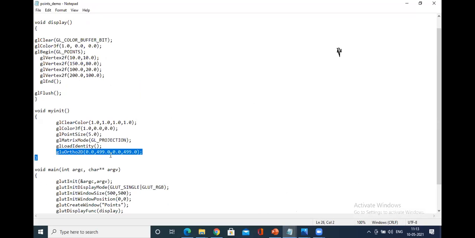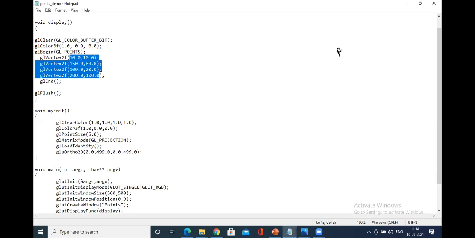That is x min and x max, y min and y max. What are the x min value and y min value? That matters to write the coordinates within these GL points. Since my x min and x max are within 0 and 500, x min was 0 and x max was 499, that is nearby to the window size. So again, y min and y max are nearby to the window size, and it should be within the range of the window. Since it was within the range, I specified the vertices for 150, 100, 200 as such.